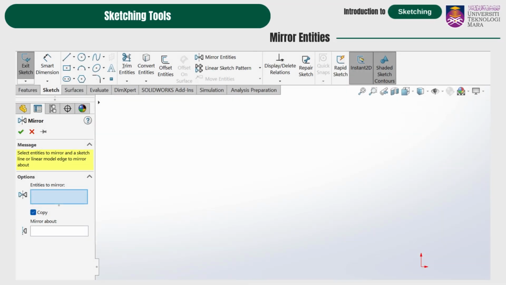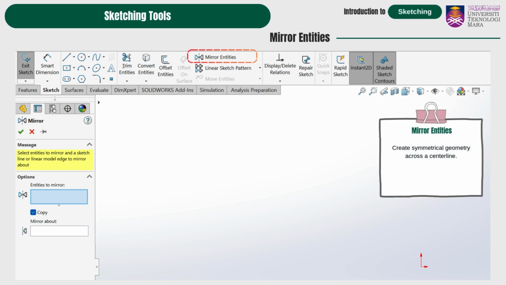Here we have the Mirror Entities tool, one of the quickest ways to create symmetrical sketches in SolidWorks. Instead of manually drawing both sides of a symmetrical shape and trying to make them identical, we can draw only one side and let SolidWorks do the rest. The Mirror Entities tool takes the geometry you've drawn and creates an exact mirrored copy across a center line or